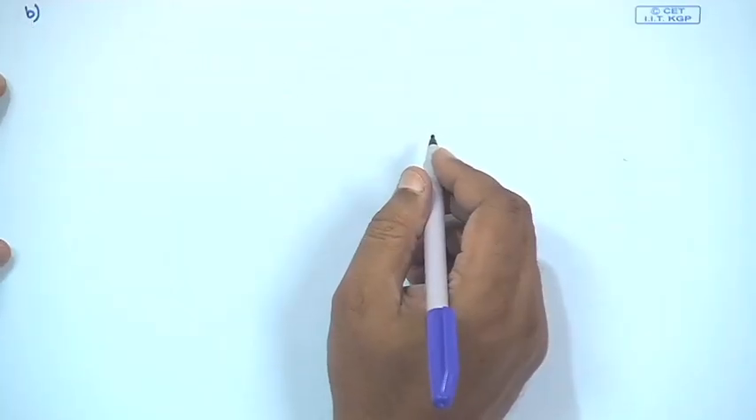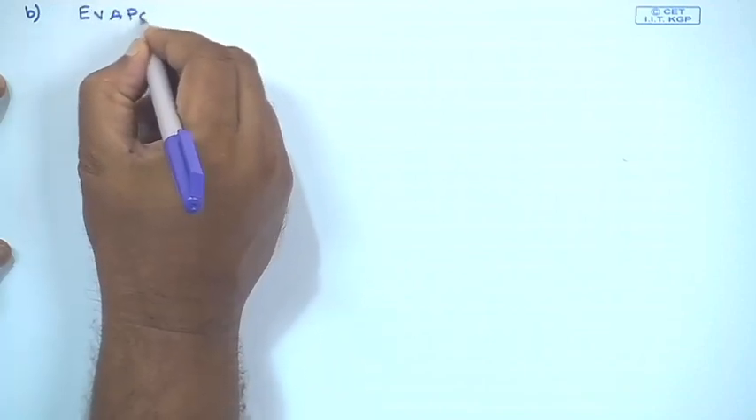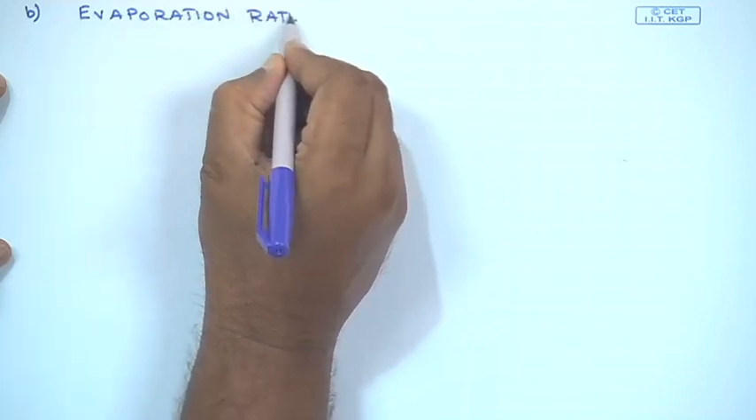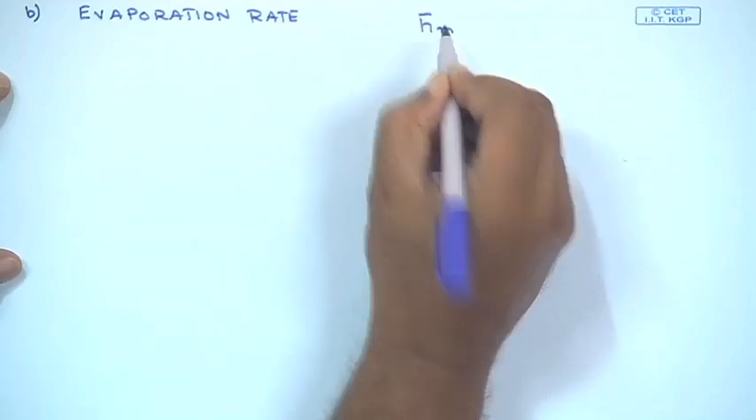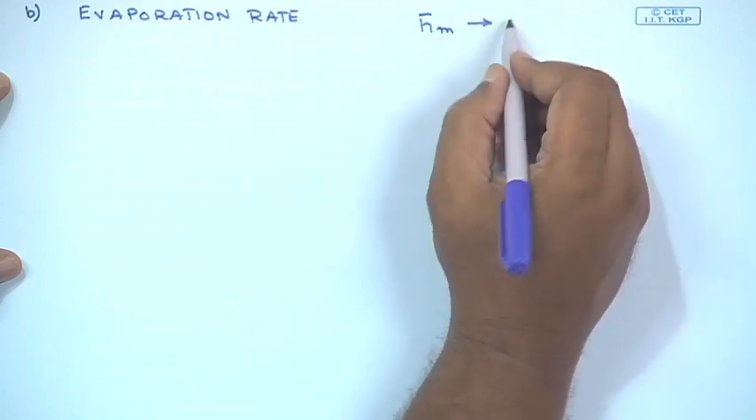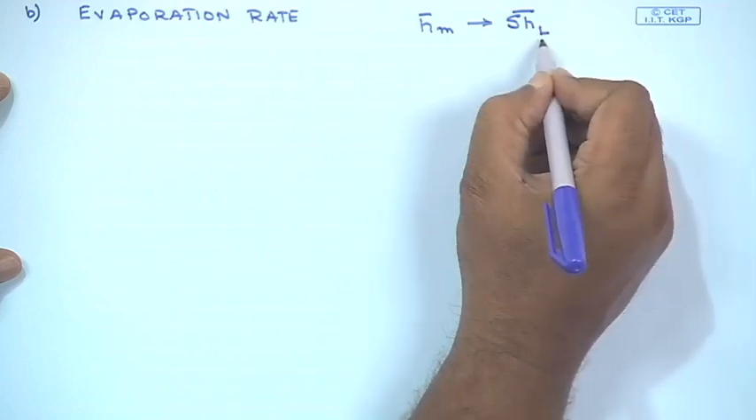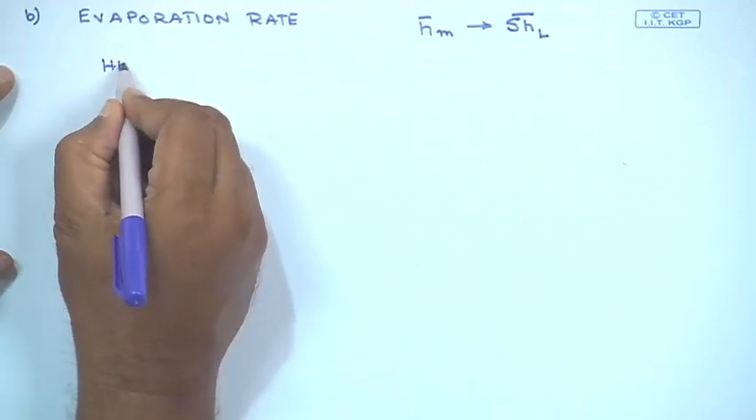Now, I think we can go to the second part of the problem. The second part of the problem tells us that we need to find out the evaporation rate. In order to find out the evaporation rate, I need to find out what is h bar m. In order to find h bar m, I need to find out the average value of the Sherwood number based on the entire length of the substrate. So, I use heat and mass transfer analogy